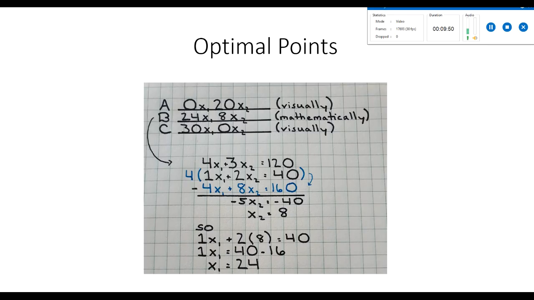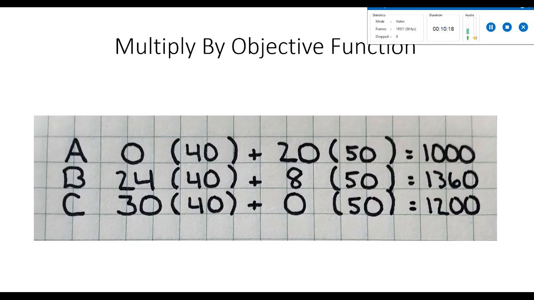We substitute 8 into C1 or C2, and we get 1x1 plus 2 times 8 equals 40. 1x1 equals 40 minus 16. x1 is equal to 24. Taking this information and plugging it into point B, we get 24x1 plus 8x2. Now we multiply each of these three optimal points by our objective function, and we do that to find our